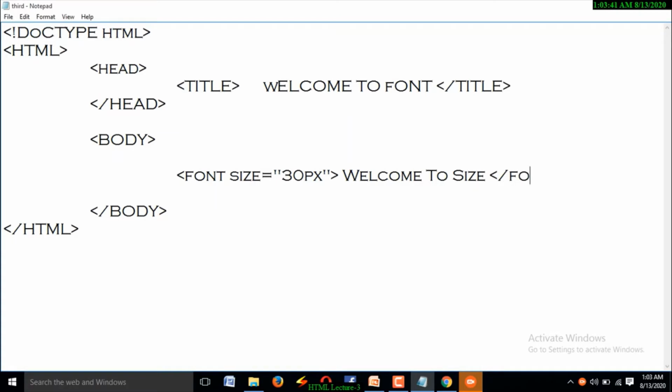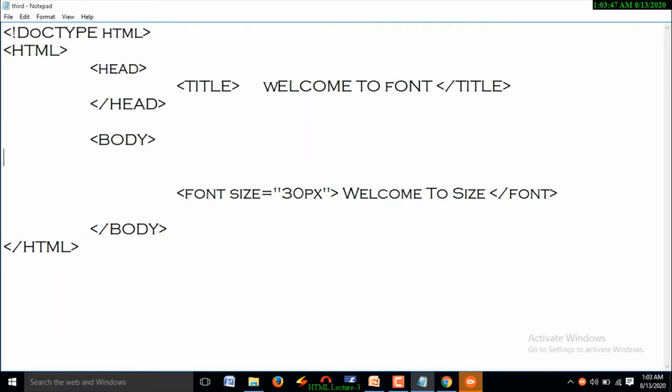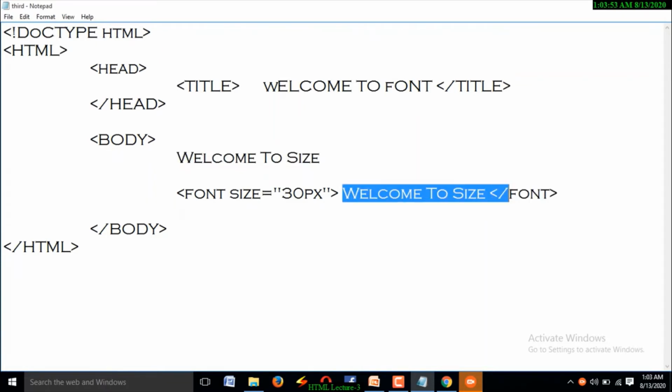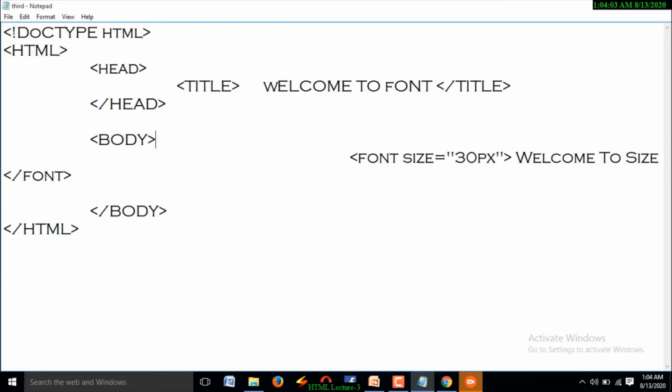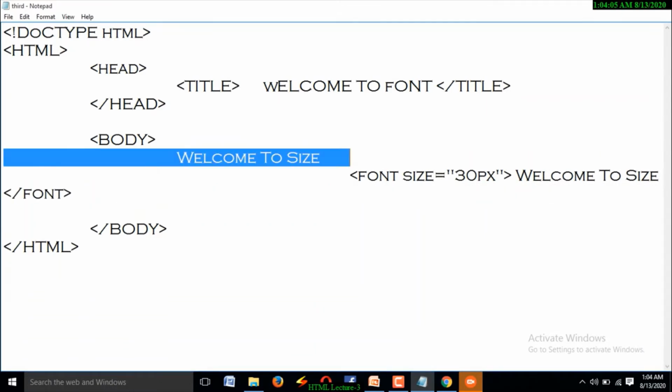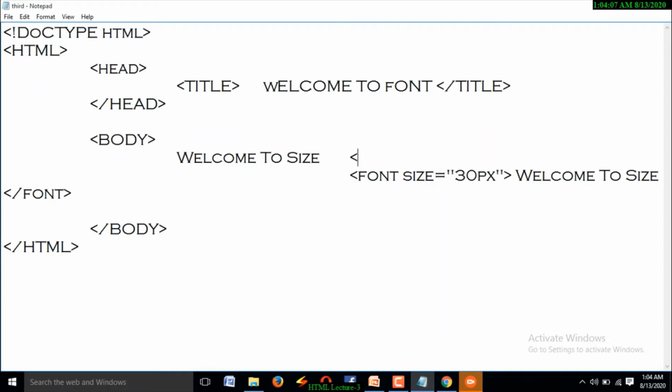I am going to close the font, and to observe the difference clearly, here I am going to write normal text also. This is normal text, and this is text with a particular size. And here I am going to use break row, BR.